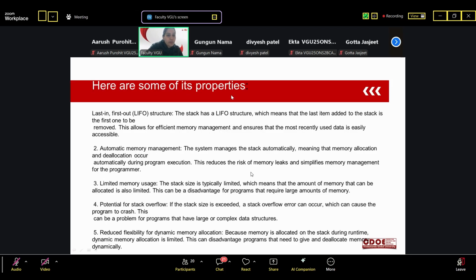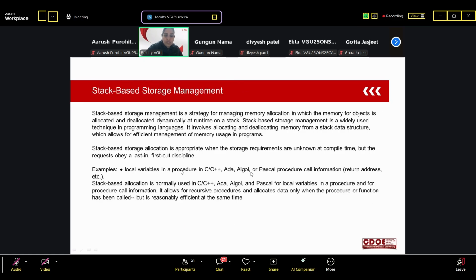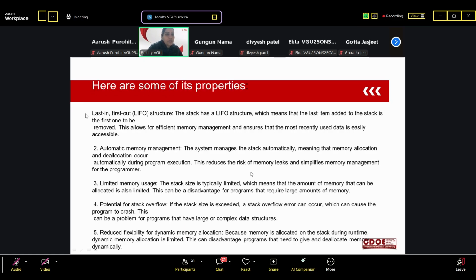Here are some of the properties of stack-based storage management. First, we have a last in first out structure. The stack has a LIFO structure, which means that the last item added to the stack is the first one to be removed.